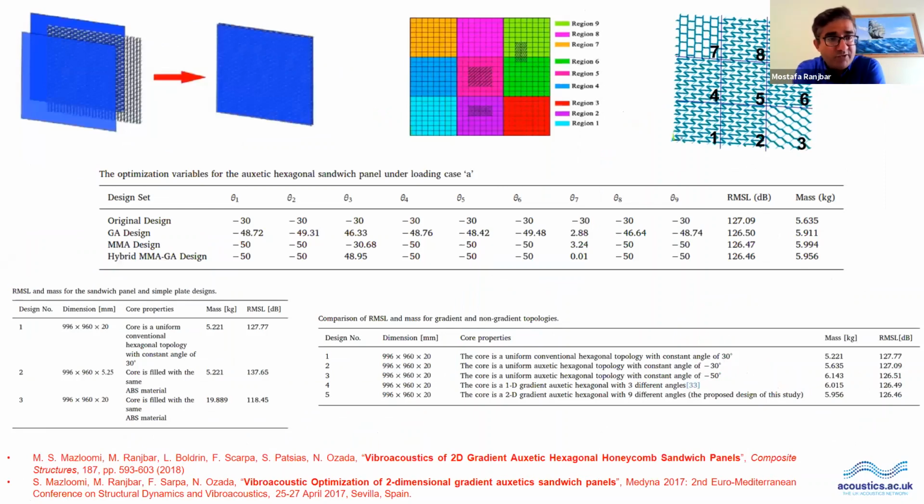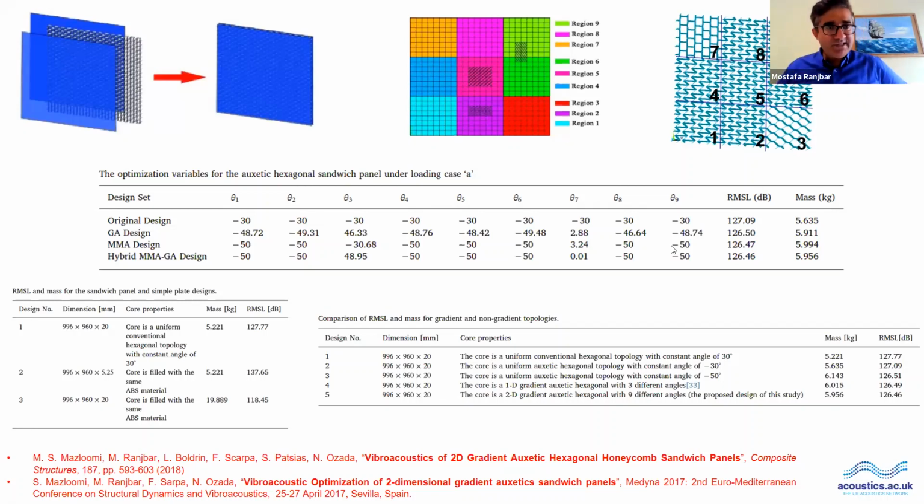In another paper in 2018 in Composite Structures, that was the result of my PhD student, Dr. Mohammad Sadegh Mazloumi, we used in another format the concept of gradient geometry. So here we consider 9 design areas, so that at each design area we can change the internal angle of an auxetic cell. So you can see how the internal geometry looks. So please keep an eye on this figure, because I will show how we have developed it over the years. I will show you that another of my PhD students considered a full gradient geometry optimization for this case. And so this is like a chain.